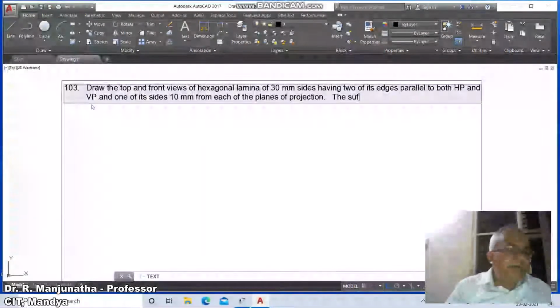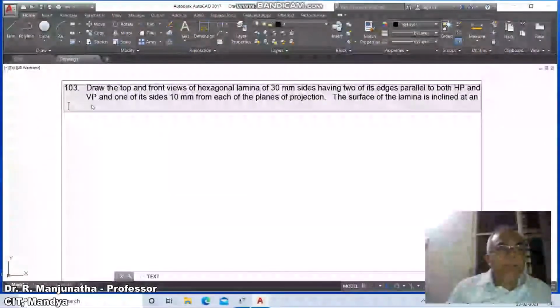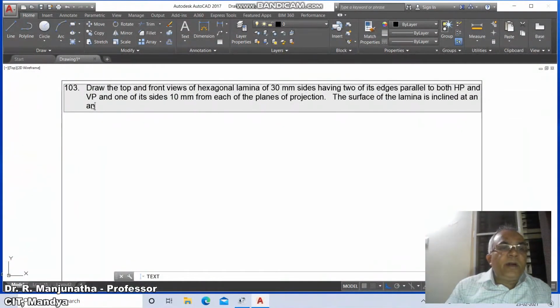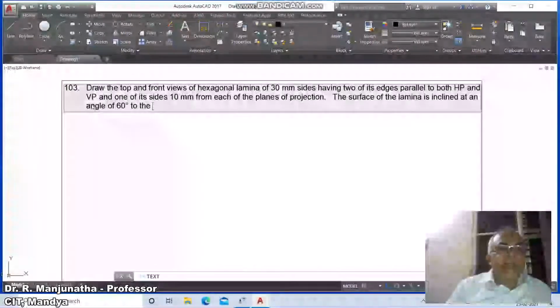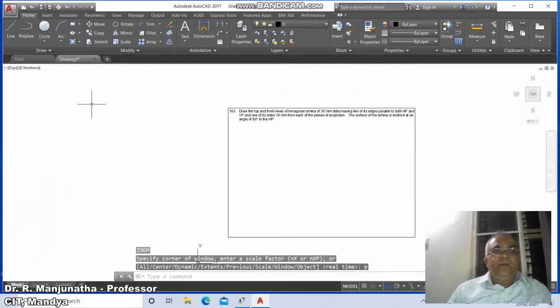The surface of the lamina is inclined at an angle of 60 degrees to the HP. So this is the problem which is given to us.